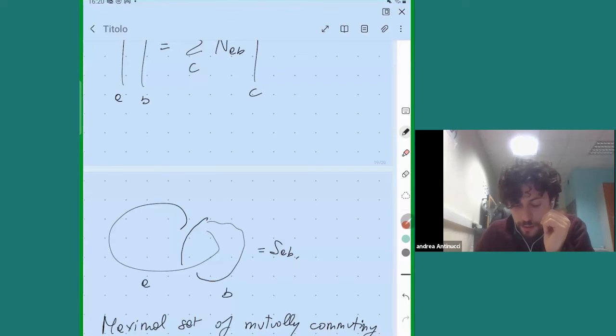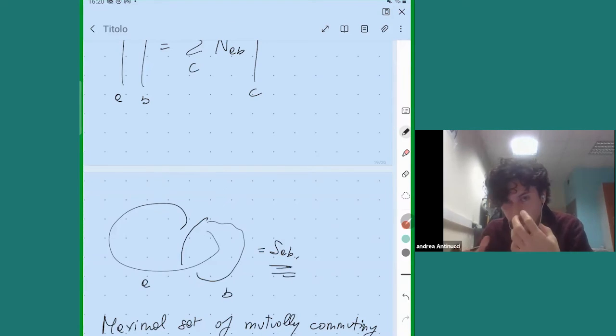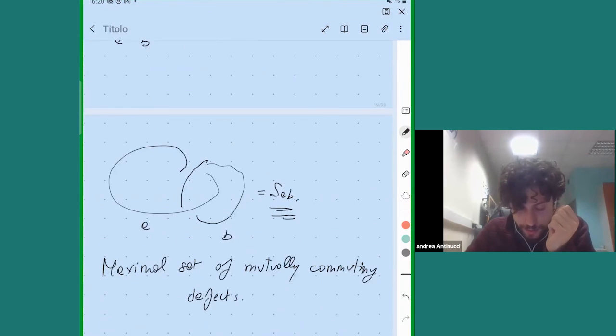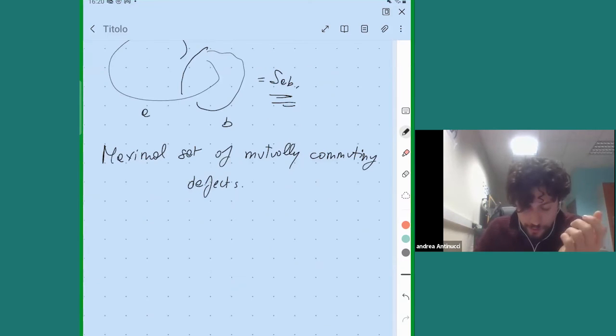By commuting, I mean in the sense of these braiding phases. You want objects which, even if they link, you can unbraid them without picking up any phases. And by maximal, I mean that once I fix this set, let me call it L,